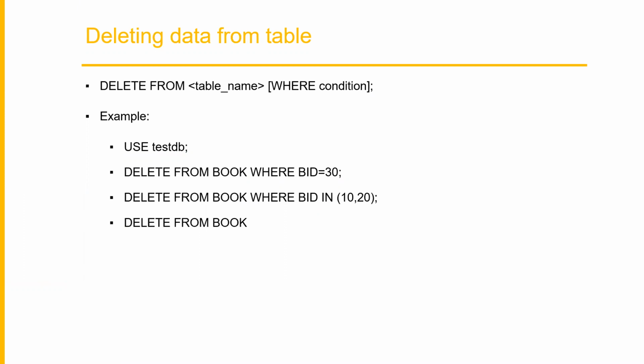Now we wanted to delete some data from a table. So how to do that? This is the syntax. We need to use the delete keyword, delete from, then specify the table from where we wanted to delete the data, and some where condition. We wanted to delete only some particular rows, so we'll use a where condition to filter out the rows, and we'll delete only those rows. And this is, remember, optional. If we do not specify any where condition, all the rows from the table will be removed. This is the syntax and this is the example.